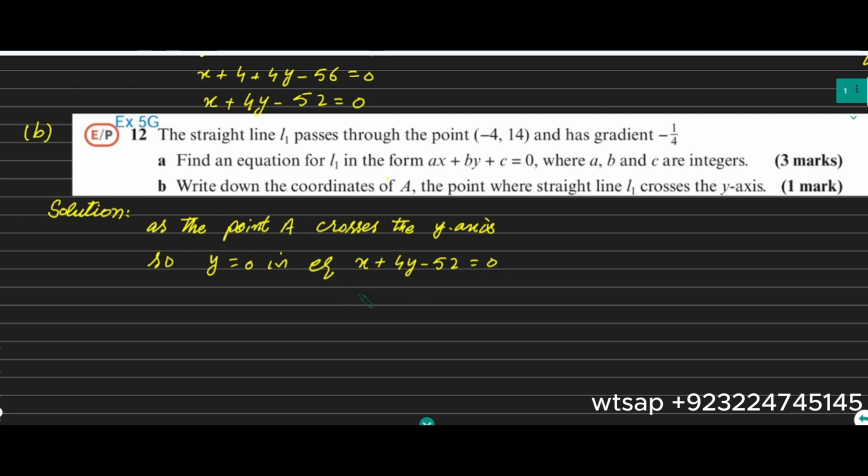This is the equation of the line. Here we replace y with 0. x plus 4 into 0 minus 52 equal to 0. From here we will get x minus 52 equal to 0. So we get x equal to 52. So the coordinate of the point A will be